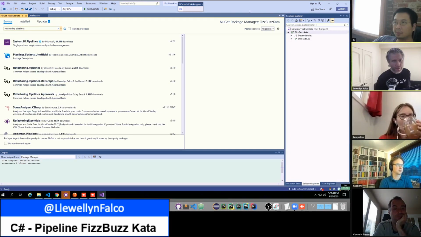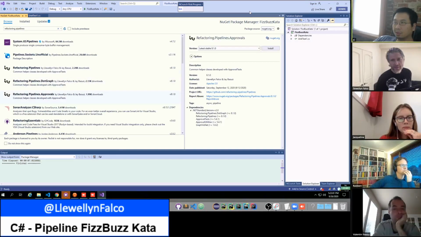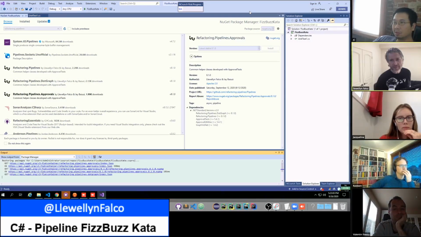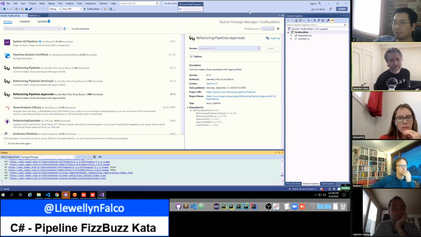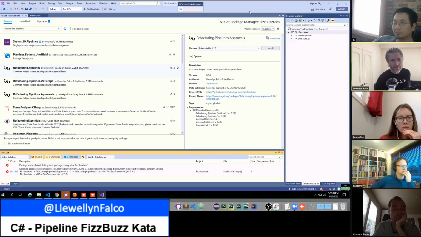Yeah, and we want basically all three of these things. Start with approvals. That would probably give us everything. Is it refactoring.pipelines.approvals? Oh, this one. Okay. Yep, and install that. Two errors. That is interesting. Detected downgrade, MS test framework to a different version.